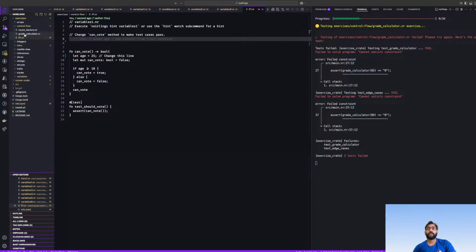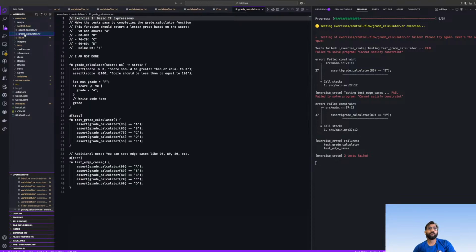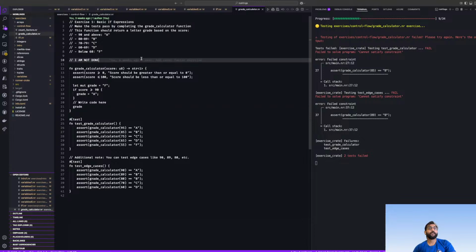Okay, so the next one is grade calculator. This one looks like a big one. Make the tests pass by completing the grade calculator function. This function should return a letter grade based on the score. Okay, so score greater than 0.